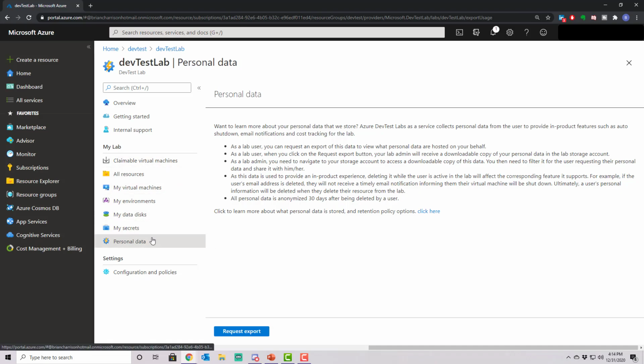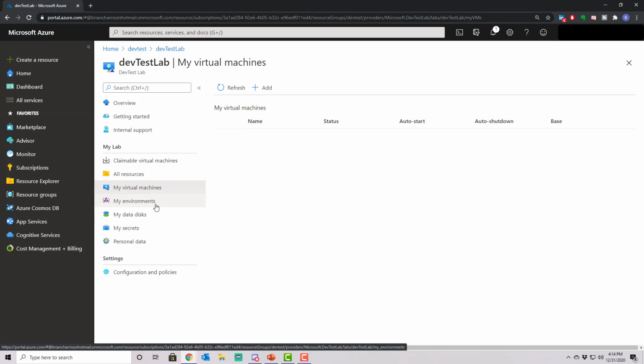But this is just relative to me as a developer, and this is what your developers would actually take a look at. Right now, you're not going to see anything here because I don't have any that are created in order to keep my own personal costs down. But what's important from the perspective of using this within an organization is the configuration and